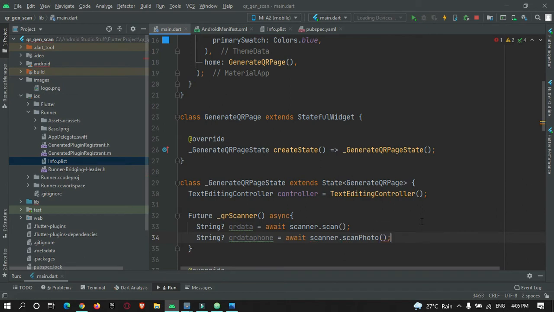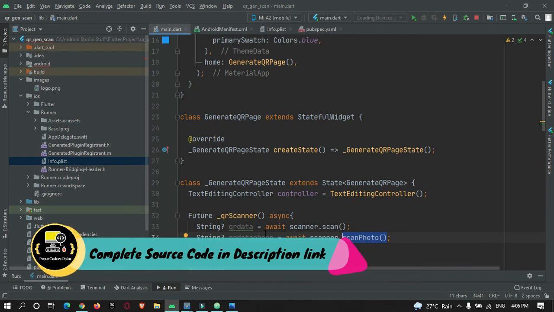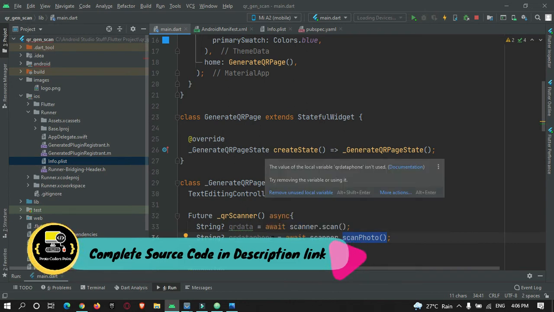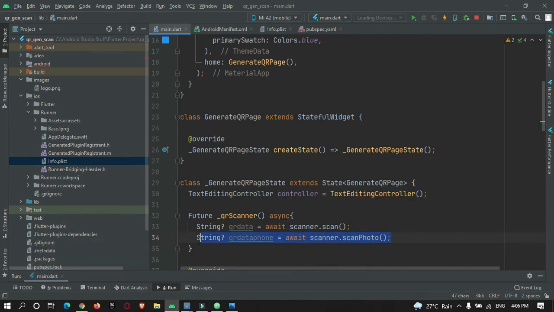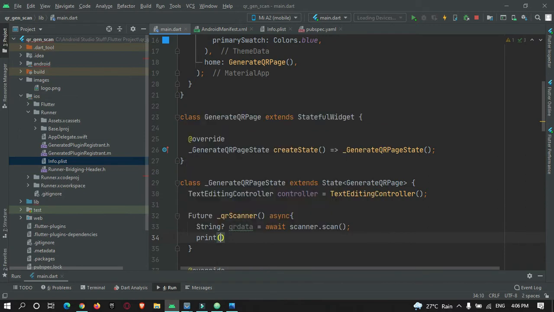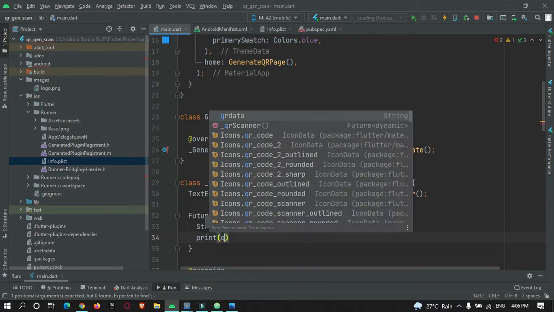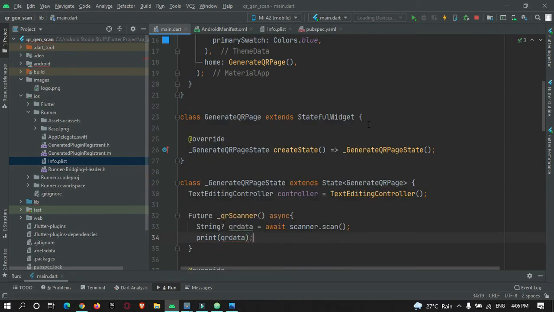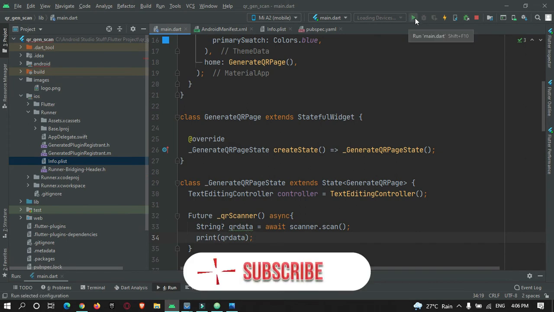By doing this, it will open your gallery, and you can pick the QR code from there. I will just remove this. Now let's print this qrData. I will just refresh the app and check what happens.